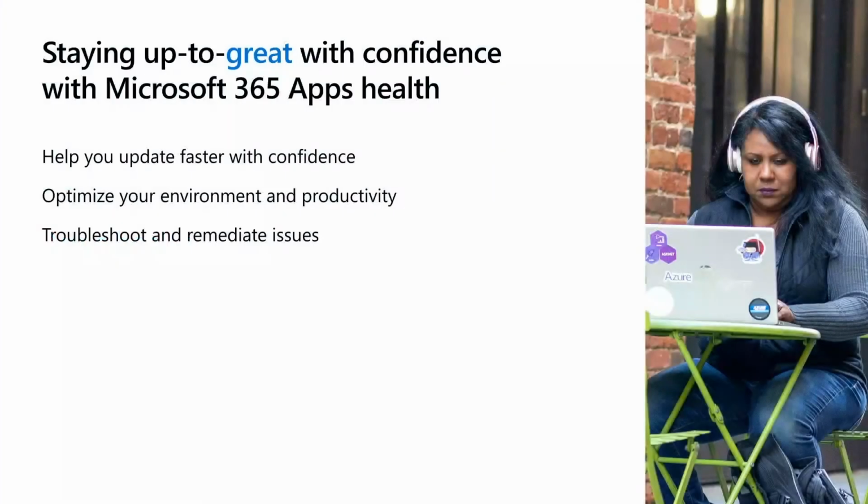This is a solution that we have built internally to help your organization not only stay up to date, but also stay up to great with the latest features. Now, if you're wondering why such a solution, such a feature, would be useful for you, think about the following use cases. Imagine that you want to start updating the monthly channels or the monthly enterprise channel in order to take advantage of the latest features and benefits for the productivity of your users, but you want to do that